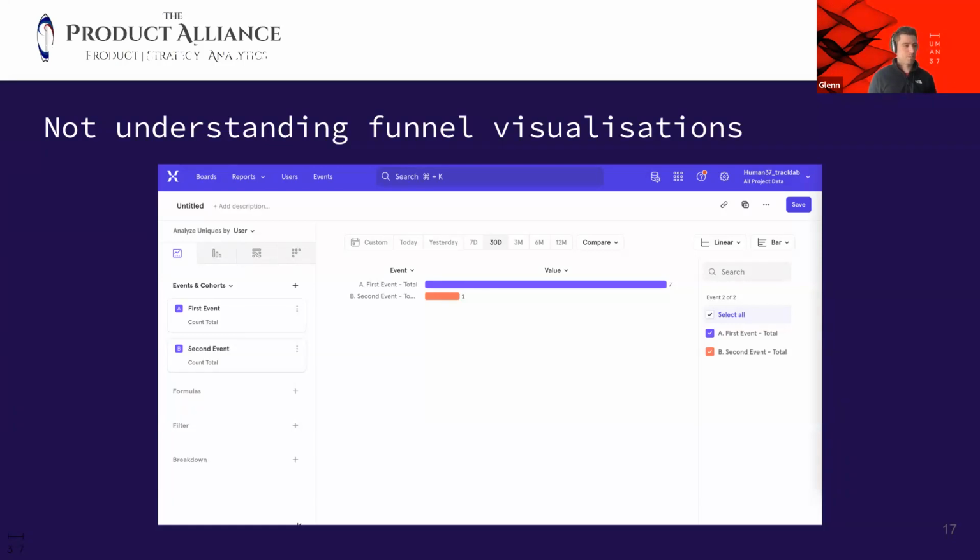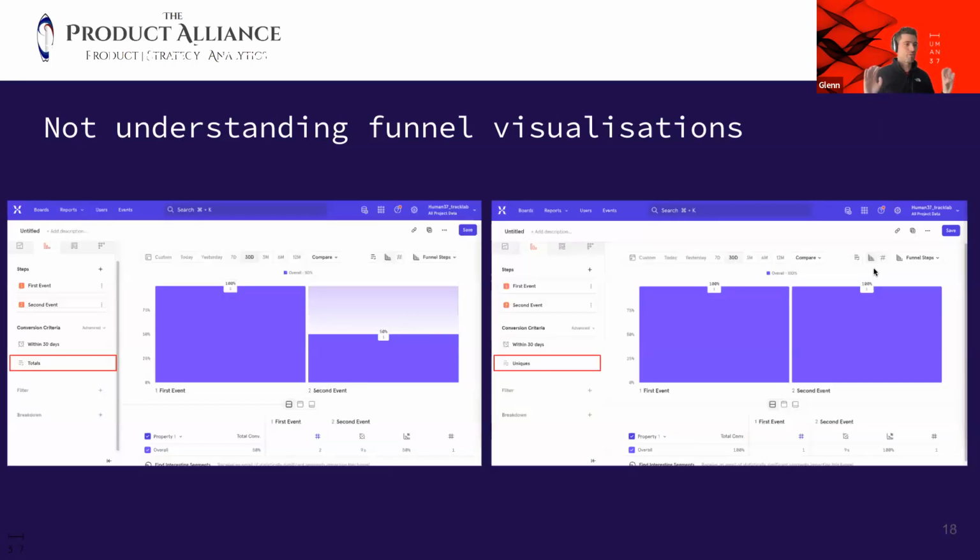I've used Mixpanel now because it's part of my TrackLab setup. Amplitude does the same, GA4 does the same, all the rest do the same. But depending on the report you choose, the same data might be represented differently, and you get different numbers, and it throws people off or confuses them because they haven't read the manual about how that specific report interprets and visualizes data. So here in the insights report, you basically get 7 first-time events and 1 second event. If we would now flip this into a funnel, the same funnel visualization, and I know it's very small, it's not the purpose for you to focus on the details, it's more of a visual representation.